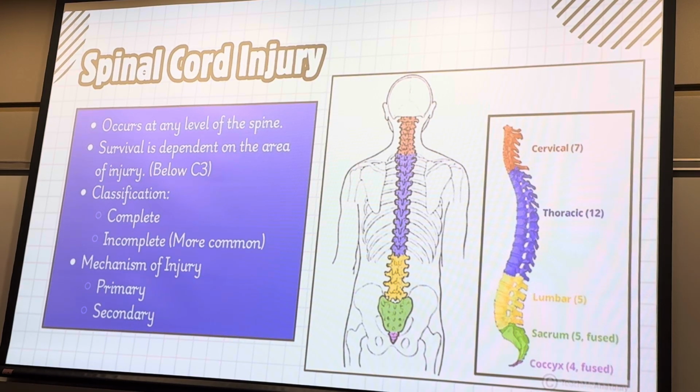Can anybody name some type of big force, some great force that can cause a spinal cord injury? A big impact. So car accident, good, that's always a big one. What else? Falls, good. Gunshot wound. Gunshot wounds, what about a knife wound? Any kind of penetrating wound. Diving, swimming, that kind of stuff.